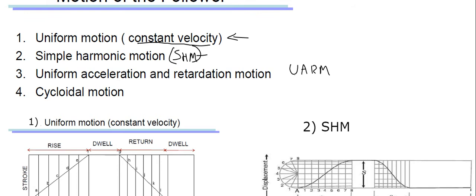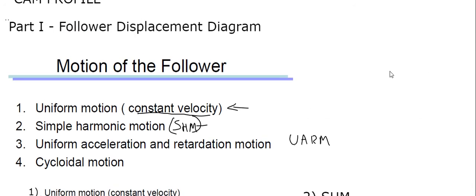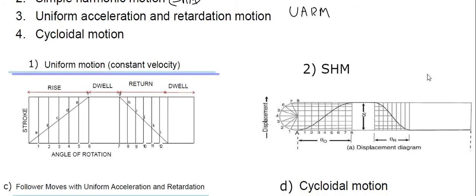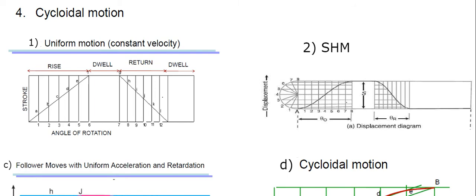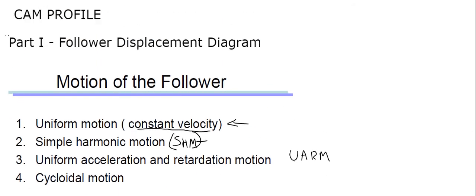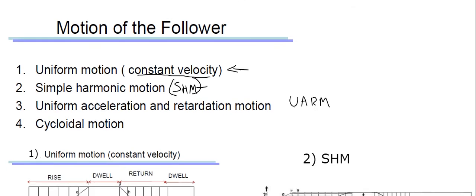Once you draw the displacement diagram, cam profile is easy because all the cam profile diagrams are drawn basically of the same type. There is no difference. Only according to the follower, it will make a difference and also offset. But once you get the displacement diagrams in place, then it is easy to trace the cam profile. So you should learn how to draw the displacement diagram for when the follower is moving at uniform motion or constant velocity. Then when the follower is having simple harmonic motion, uniform acceleration retardation motion, or cycloidal motion.